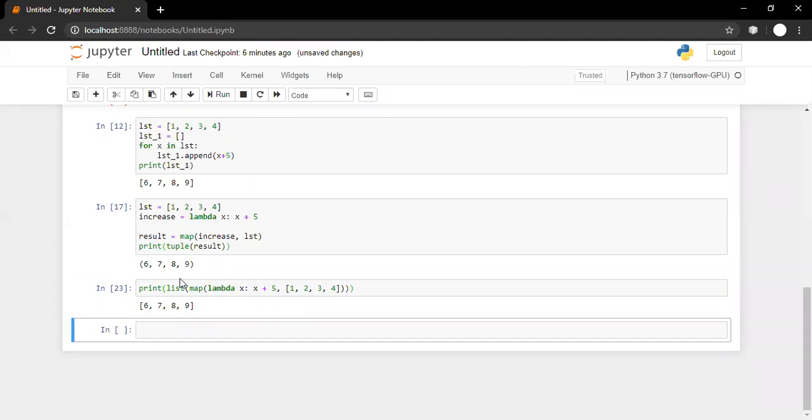Okay, sir, can you show a more complex example of a lambda function? Yes, we can go for a more complex example of a lambda function, but the problem is I'm not able to read your names. All these are special symbols only: tilde, exclamation mark, greater than, at the rate, double exclamation marks, and so on. Can you please post your name so that I can talk with you?